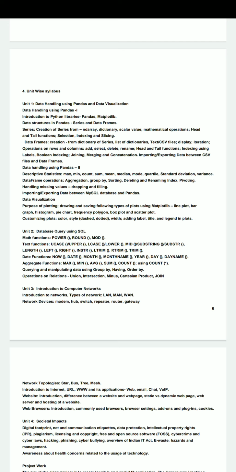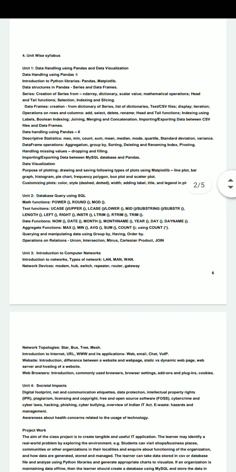Here the course content is very easy. If you are familiar with SQL queries, you can write queries easily with the help of math functions, text functions, aggregate functions.